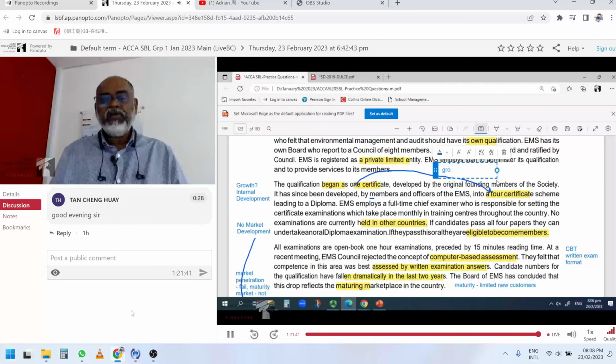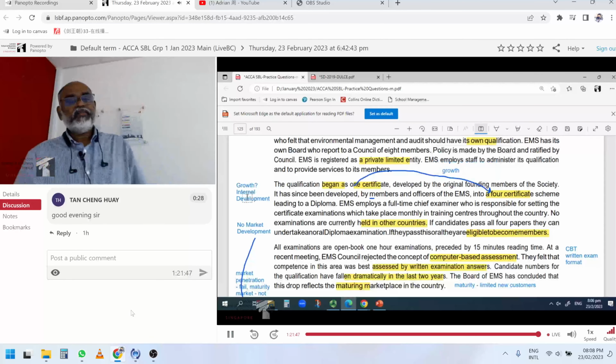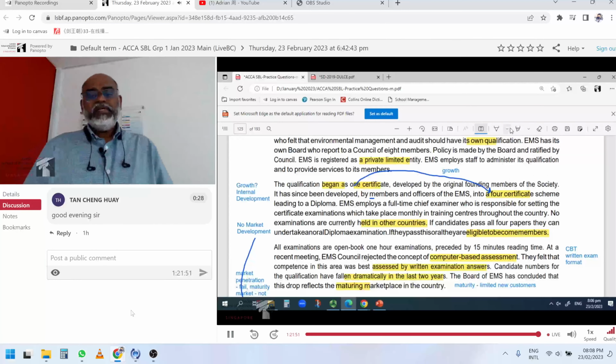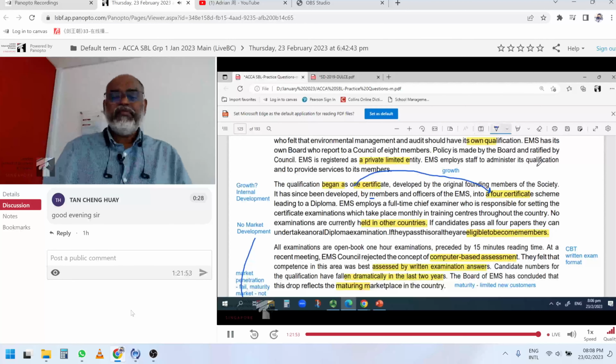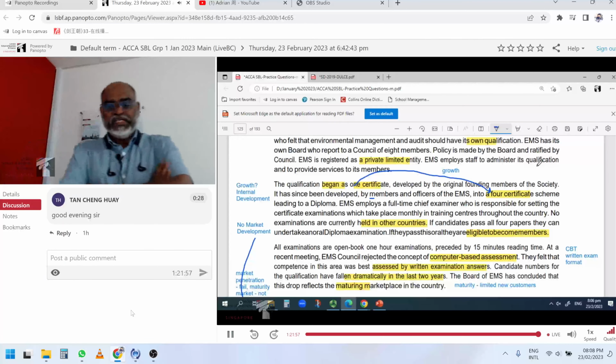This is a kind of a growth. So what kind of a growth is this? Is this growth by acquisition or organic? Of course, it's internal development growth. Okay. EMS employs full-time staff, a full-time chief examiner who is responsible for setting the certificate examination,